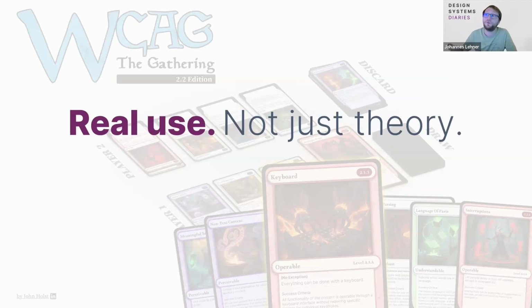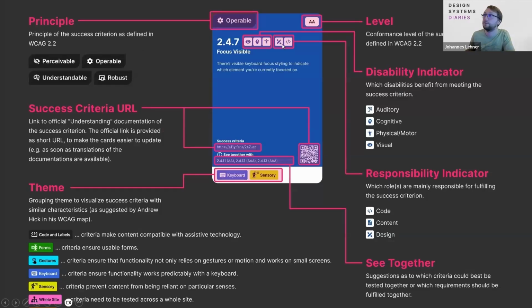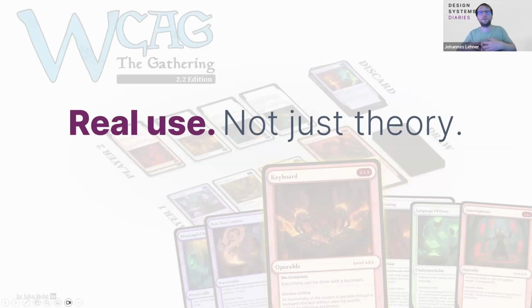And because I created those cards and also came up with this, I can go back to responsibility indicators. Someone from the working group for the ARRM from WCAG directly reached out to me because they created something to make use of, to connect or have a kind of a decision tree, something to put it up for one or the other role or responsibility. And we are in contact about that as well. So I always try to stay as close to the original version as possible. And yeah, that's how it's going to be used.